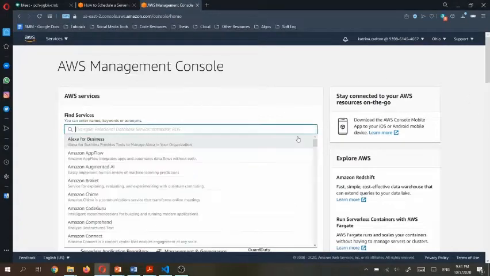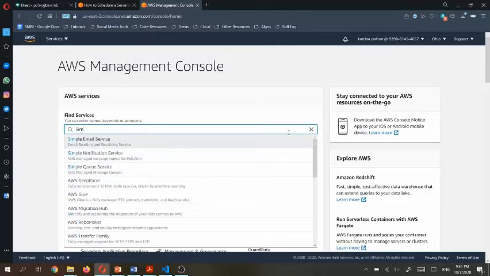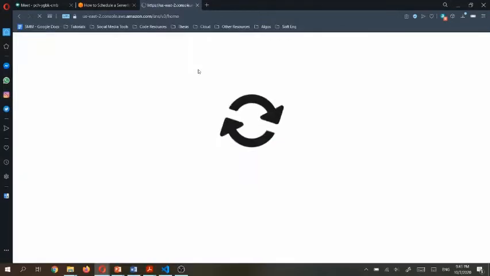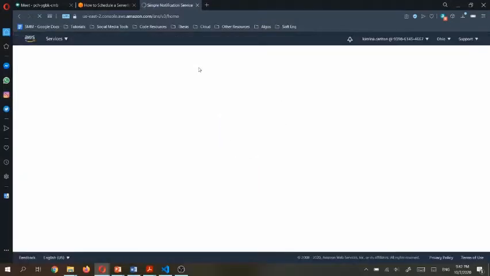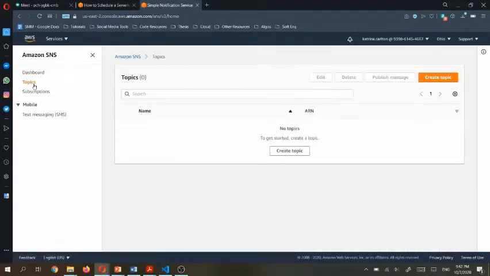Okay, so the first thing we're going to do is create a simple notification service, and this would be to get any alerts in case anything should go wrong with any of our machines. So you just type in simple notification service in the tab, and then you click on topics, then create a topic,